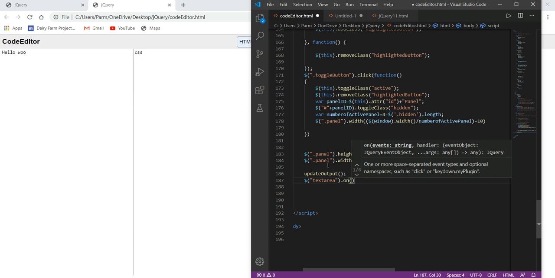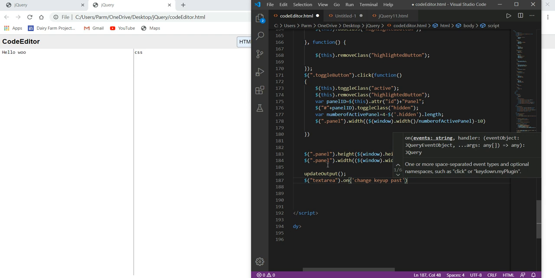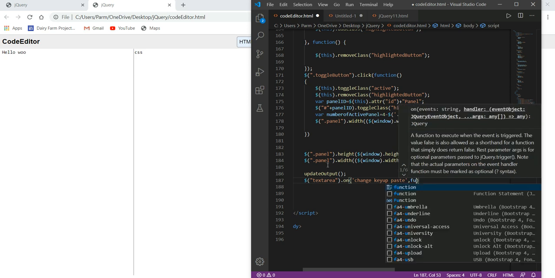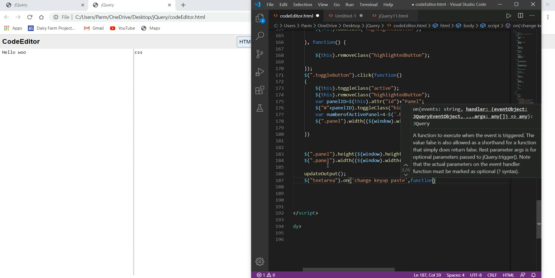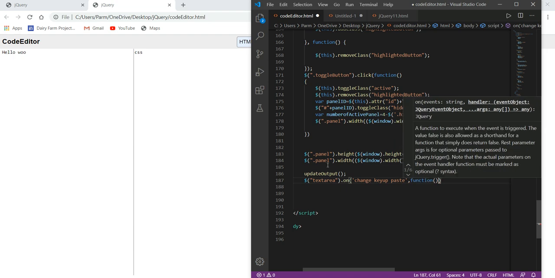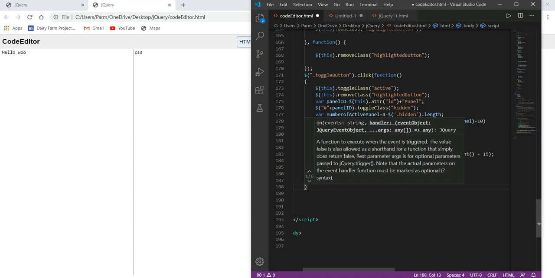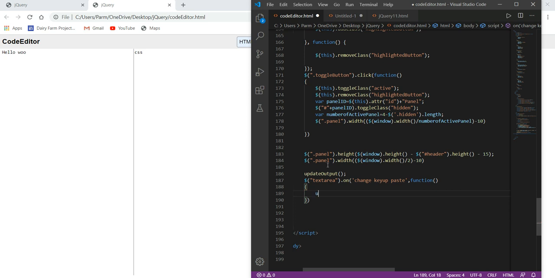Here we have events, like sometimes we make a change, or we use some keyboard activity, or sometimes we use paste. Okay, paste, or we call some function. So here we write function, and here we will again call this function update output.